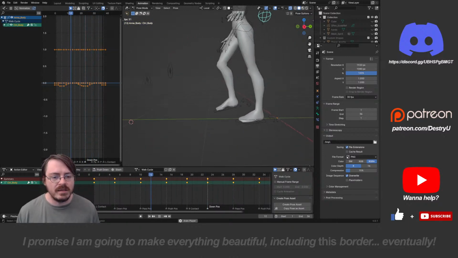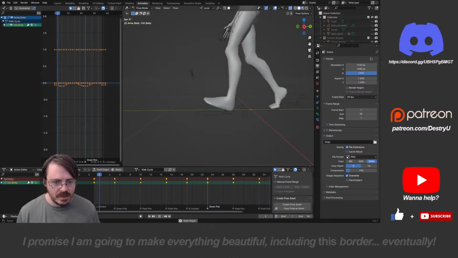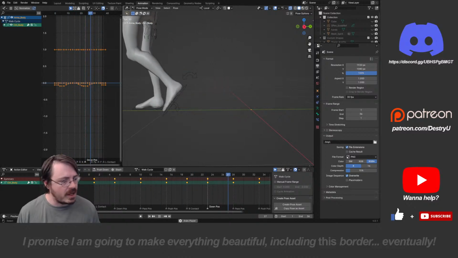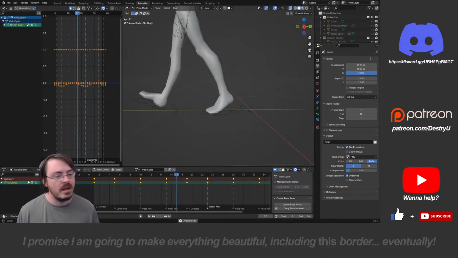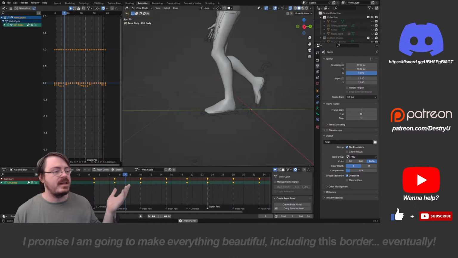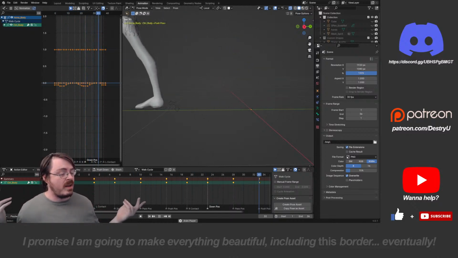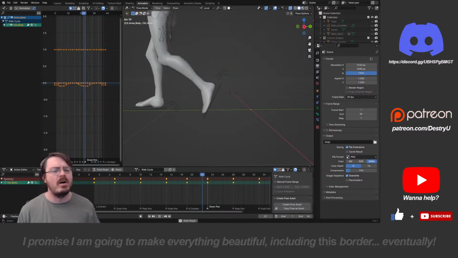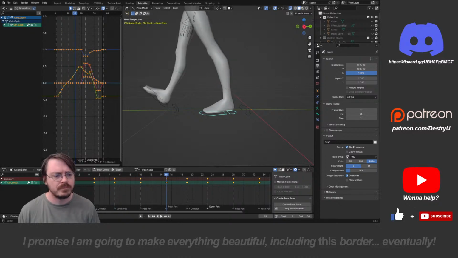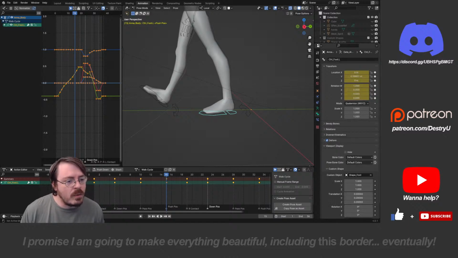Now there are some bits that are jittering, right? We can see that the foot's freaking out a little bit here. There's some stuff going on. But this is a great example of how now we get to go in and fix whatever we want. We don't have to worry about all sorts of other stuff going on. One of the things I'm going to try and turn on, which, oh my goodness, it has been a while since I've had to turn this on, is the